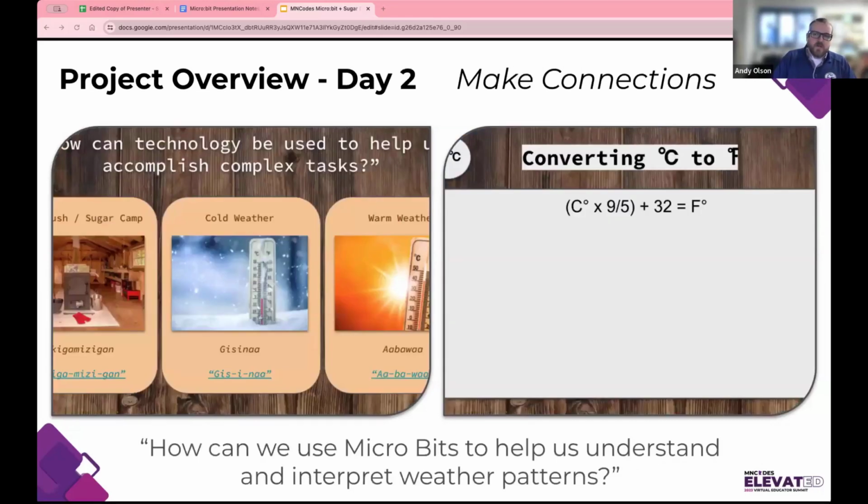So day two, where we focus on making connections, that is where we're integrating more of the Ojibwe language and connecting the sugar bush to integrating computer science. So this was kind of a fun day in the lesson because you started off and you say, who knows how to convert Celsius to Fahrenheit? And all the fourth graders are just, what is Celsius? What is Fahrenheit? And so then we kind of have those genuine conversations,